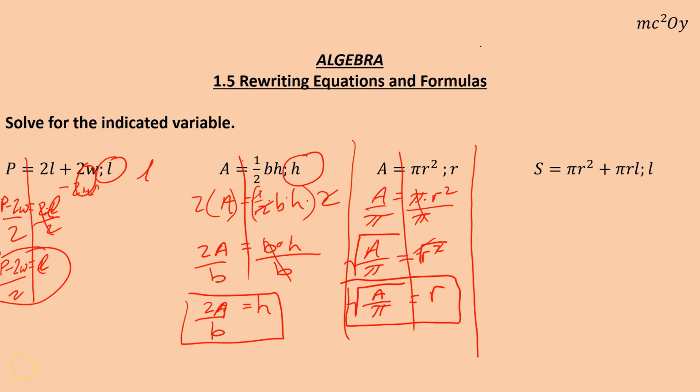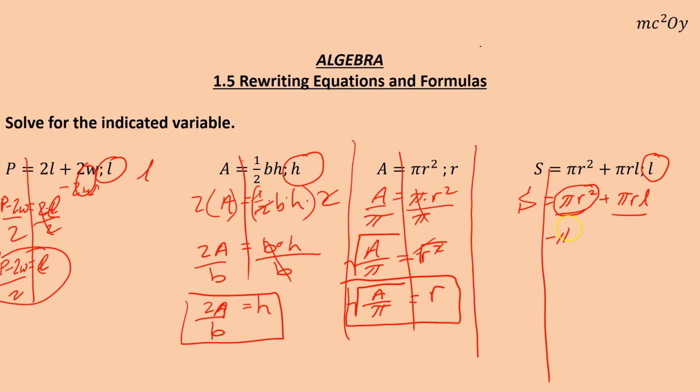Hey, we're going to go on to this next one, S equals pi r squared plus pi r l, and we're going to solve for l. Now I had solve for r, but that's a much more complex problem, so I changed it to solve for l. That kind of gets us into a little more of the practice I wanted to see. So first, let me go ahead and rewrite the equation. So we have the extra L that we're solving for out of it. Okay, and so notice we have r in both of these. So in this case,